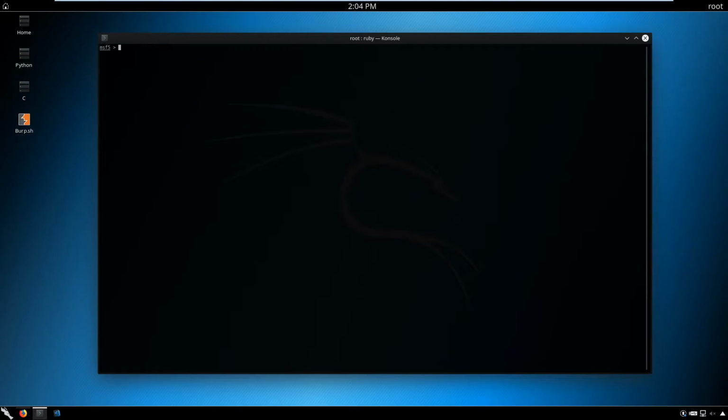So for example, there are a lot of Metasploit modules that can be used for DDoSing, but there are also a lot of open source tools on GitHub, or you can even create one yourself, and we're going to see how it's done in future videos. So now we can use one module which is called TCP SYNFLOOD, and it's located in